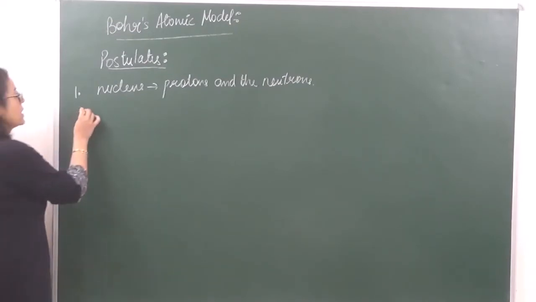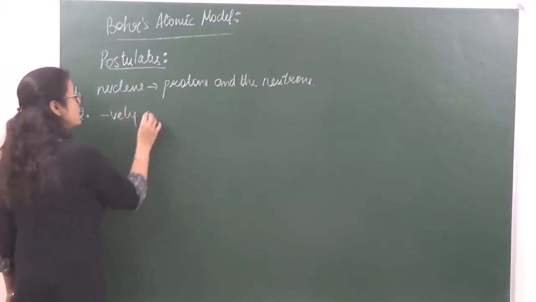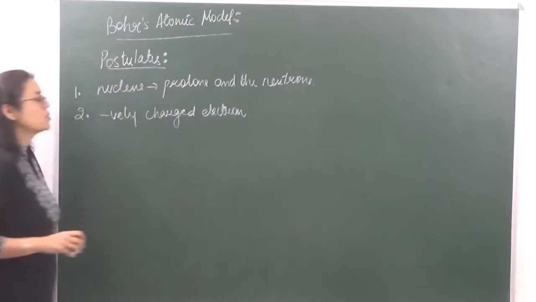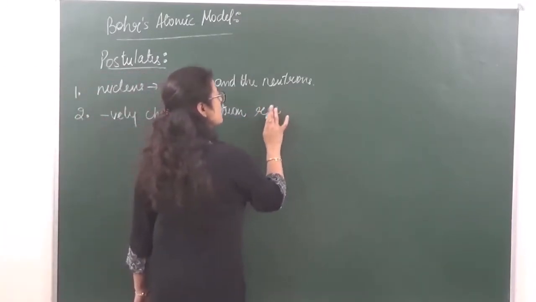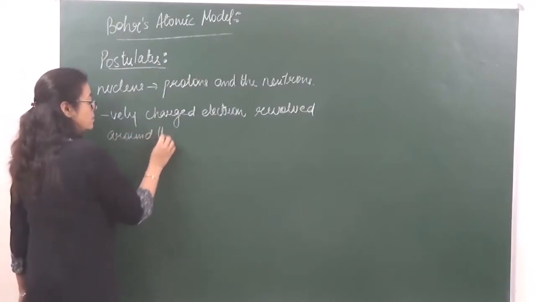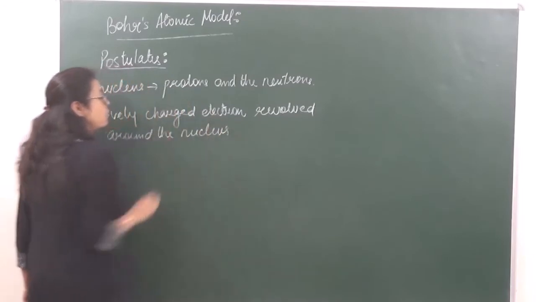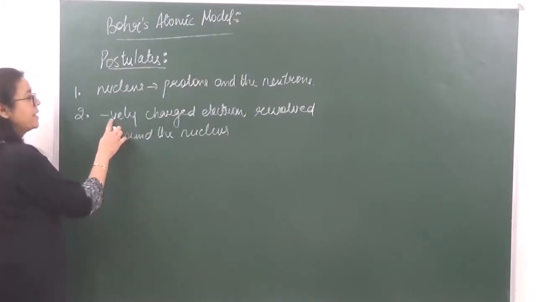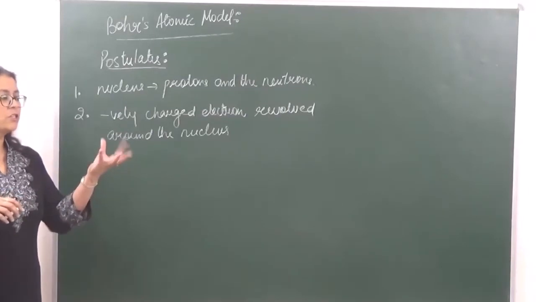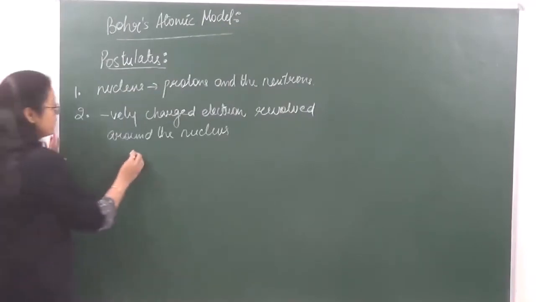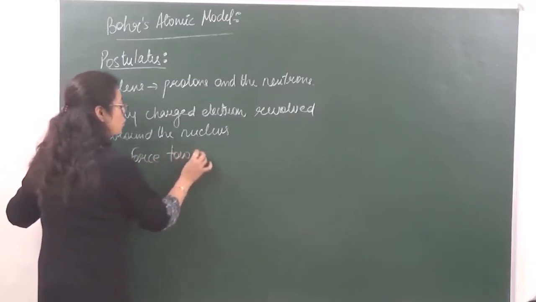The second postulate was that the negatively charged electron revolved around the nucleus in circular orbits. Okay? Around the nucleus in circular orbits. Now what is happening? They are negatively charged and the one which is in the center is positively charged. So this positive charge in the center is attracting the negative charge. Okay? So as a result, we say that the force towards the nucleus